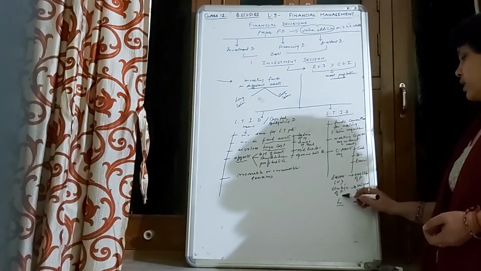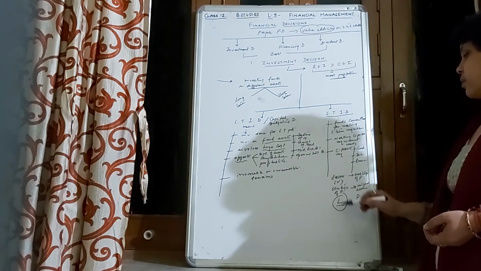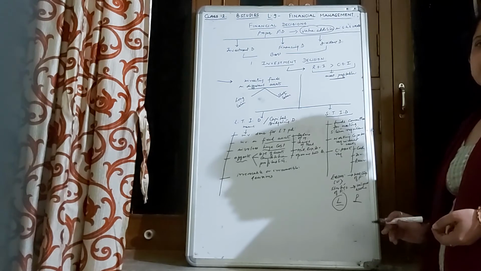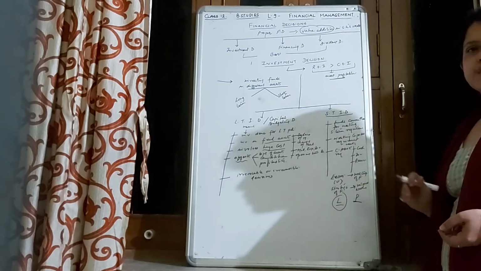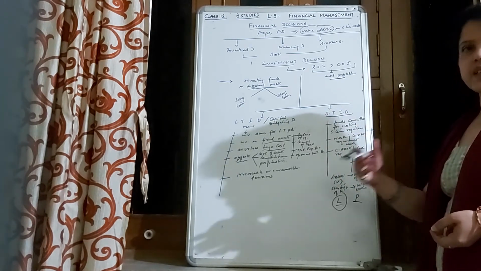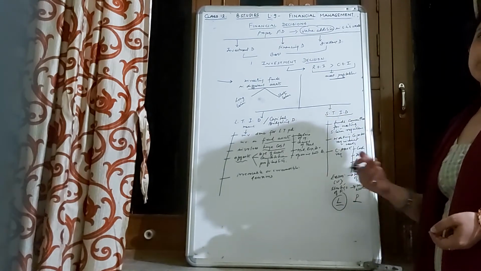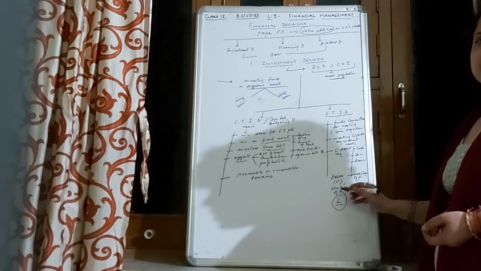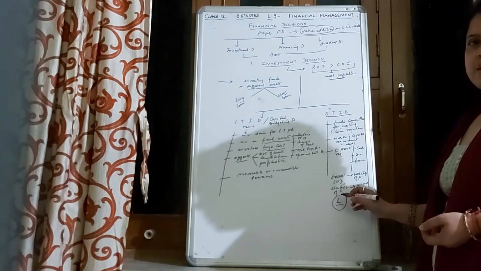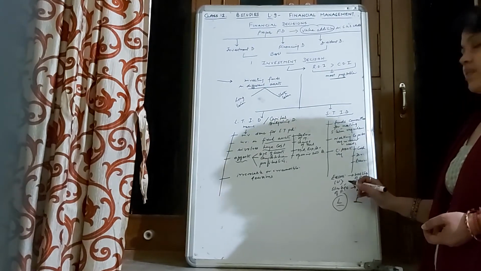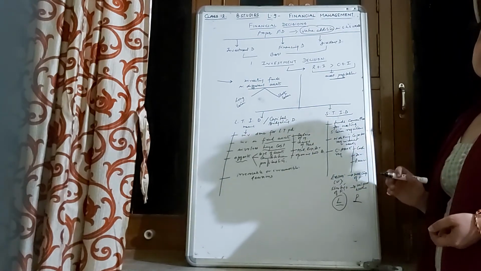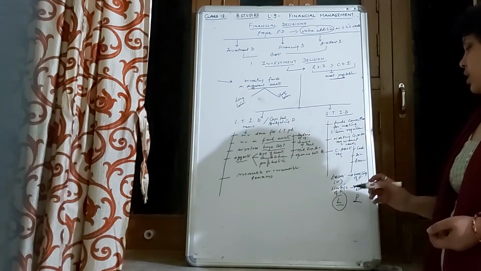When we say liquidity, that means the liquid assets which should be maintained in the organization every time to meet the requirements of the business. Those liquid assets, current assets, are considered as liquid assets. They have to be maintained, always estimating its requirement,